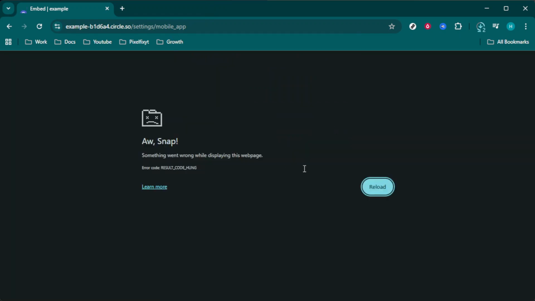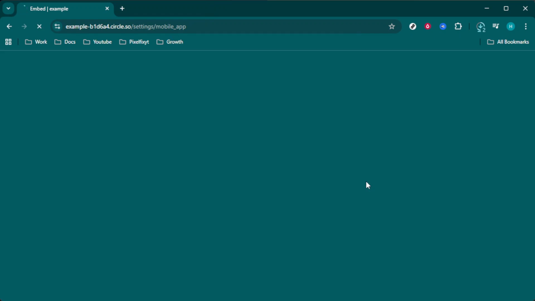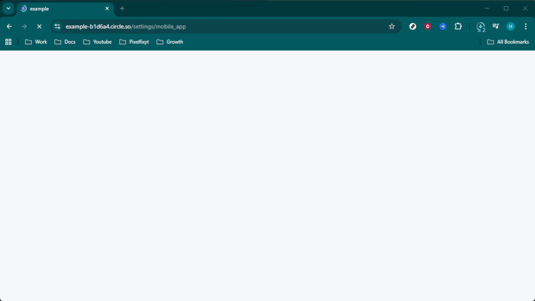For those occasions where you may need to invite users manually, there's an optional step. On Circle.so, navigate to the Members section, then Invite Members. Here you can invite users via email. Just enter the user's email address and click Send Invite. This feature is perfect for manually adding users who might have